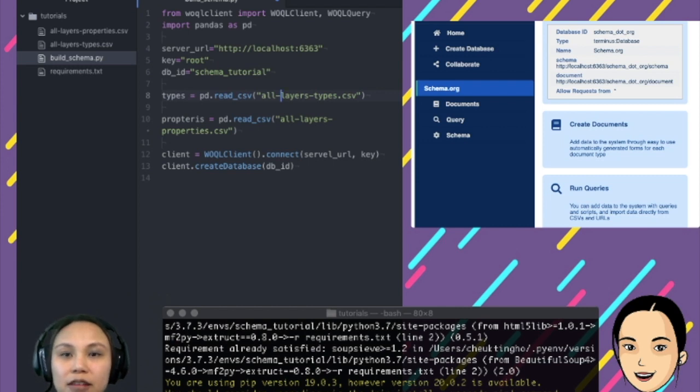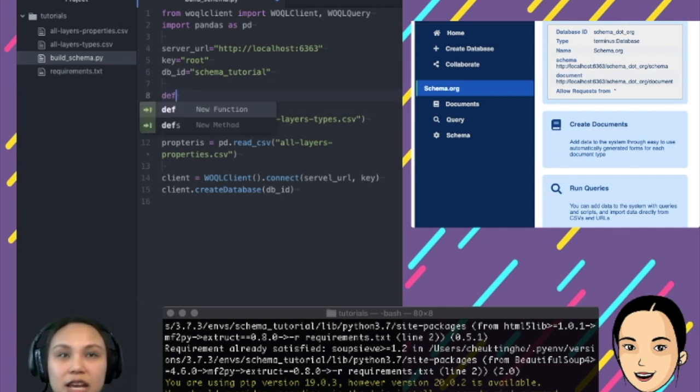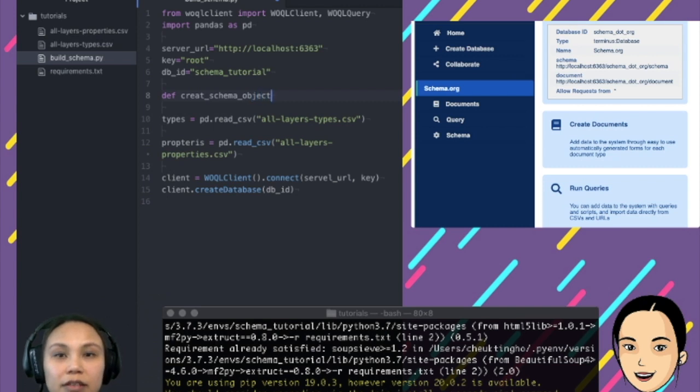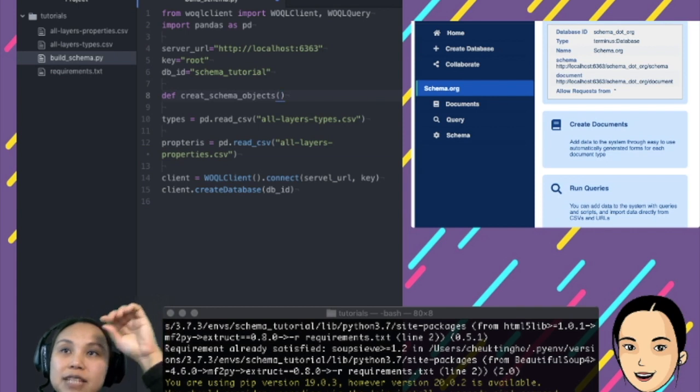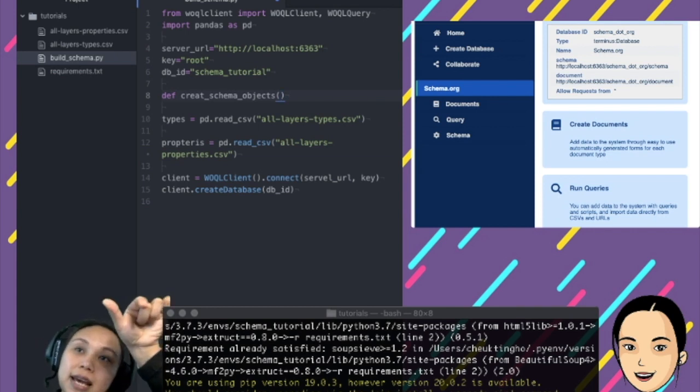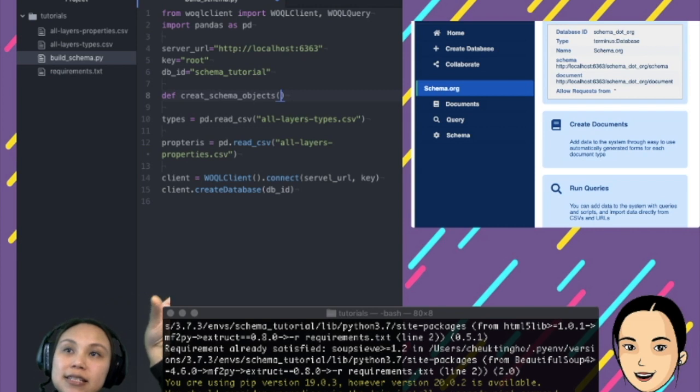What we can do is better to write a function to do it. So let's create a create schema object function. For each row of the CSV, I would take in the ID and its label to construct the object, one by one. So actually, it will be a series.